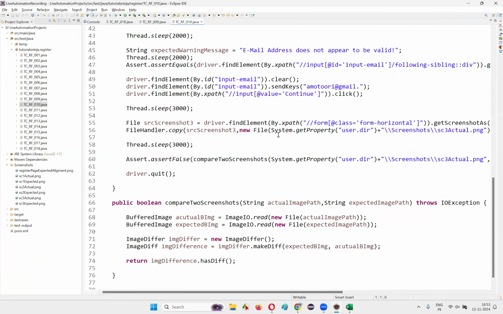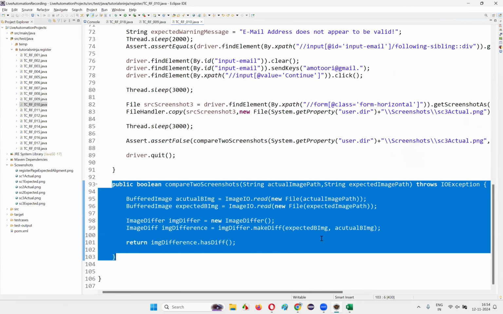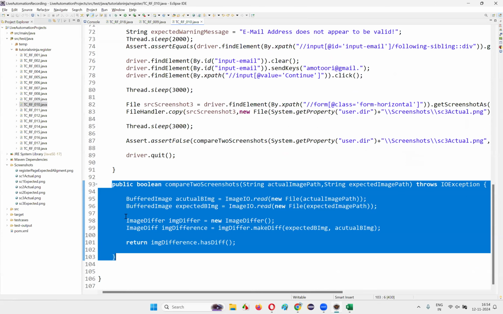We have the script there for comparing the two screenshots. You see, this particular method I'm using in multiple places, not only in this particular file, but also in another file where I have to use it. I need to copy this into test case number 18 also. Instead of copying that into test case number 18, what I can do here is,